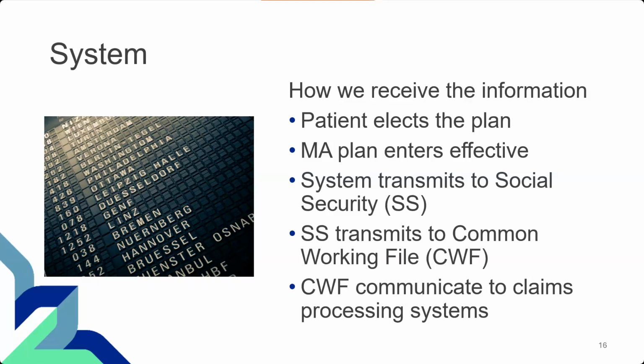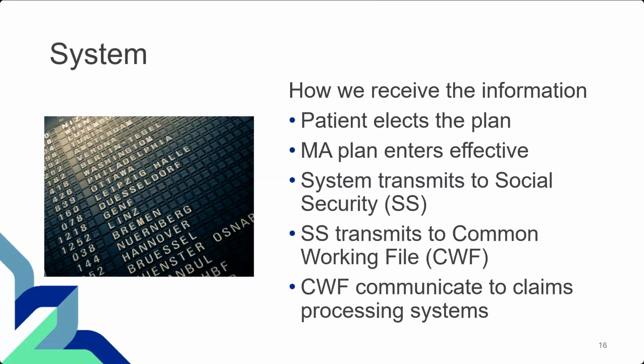If they do have a plan, whether it is on file with us through the common working file yet or not, you do need to work with that plan. Sometimes they'll say, no, that plan actually ended for that date of service, and you can go in and check the working file. We're going to talk about that in just a moment. Check the common working file and say, but traditional Medicare still shows you as an active plan, and because of that, they can't process the claims. It's now that plan's job to figure out what's going on.